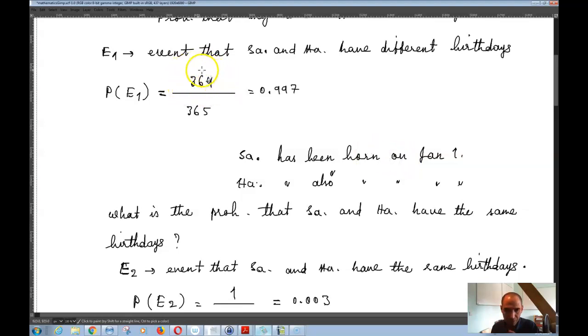If I'm saying that the event that we are talking about is that Savita and Hamida have different birthdays, then that means that if Savita has been born on January 1st, then Hamida has been born